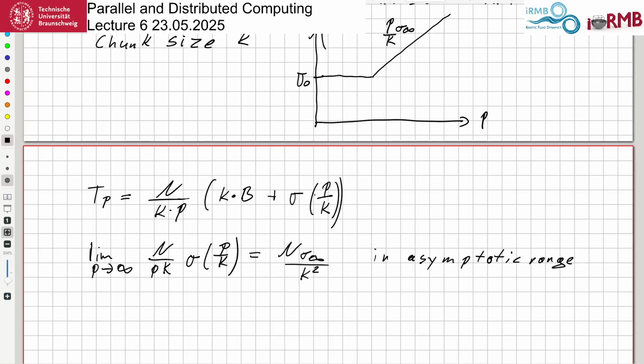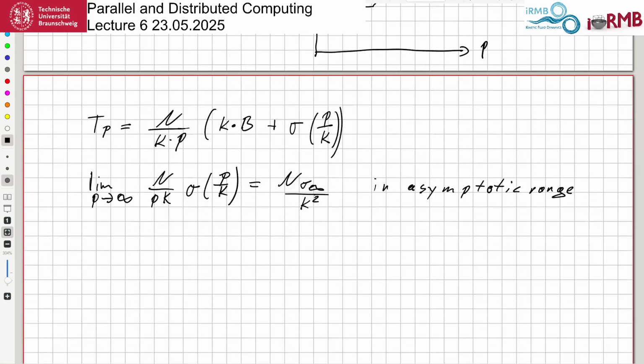I mean, spoiler, of course, this doesn't work very well if you are in the asymptotic range. So you would like to dimension it such that you keep outside the asymptotic range. But this is something that's supposed to help you to stay outside, because